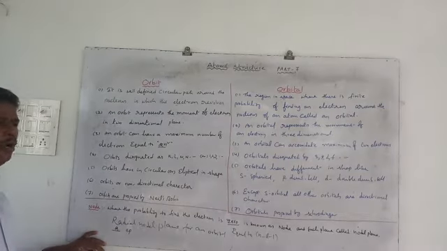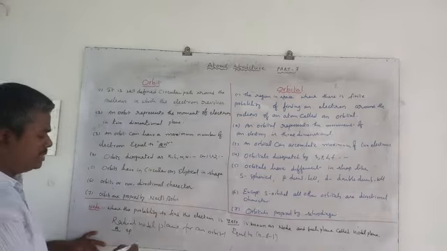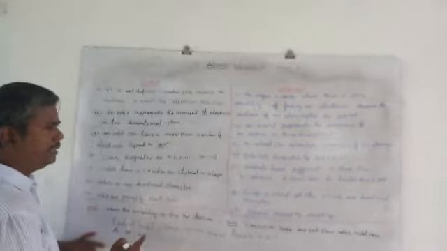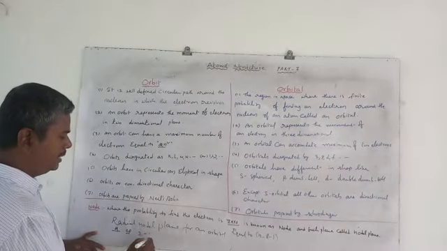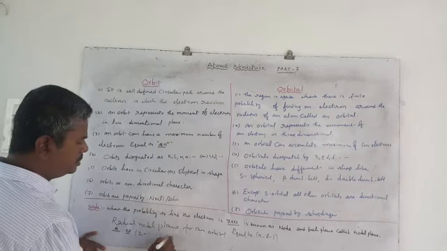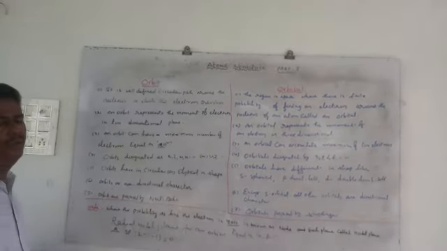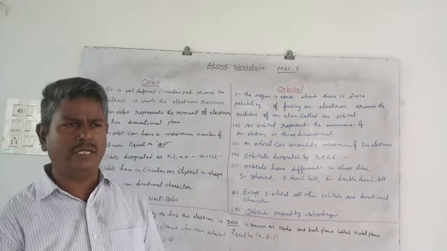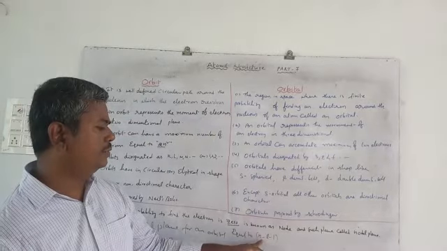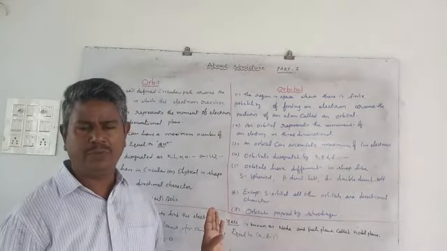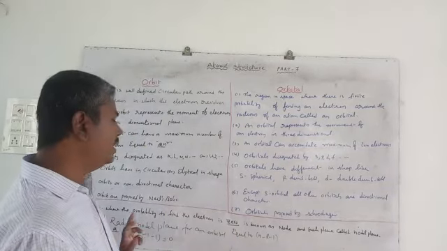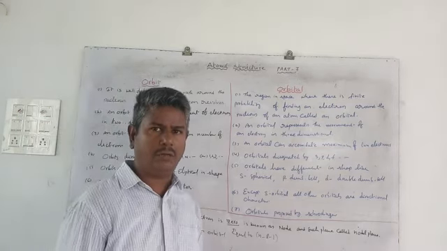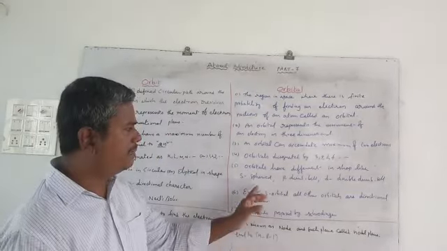For example, 2p. How many radial planes do we have? For 2p, the principal number is 2, and for p, the l value is 1. So 2 minus 1 minus 1 equals 0. That means the 2p orbital has no radial planes. Clear? So like that we can calculate the number of radial planes by n minus l minus 1. That's about nodes and radial nodal planes. Now we can discuss the shape of the orbitals.